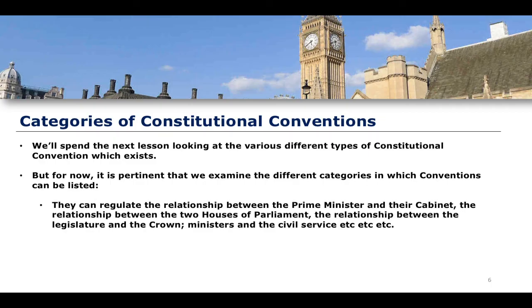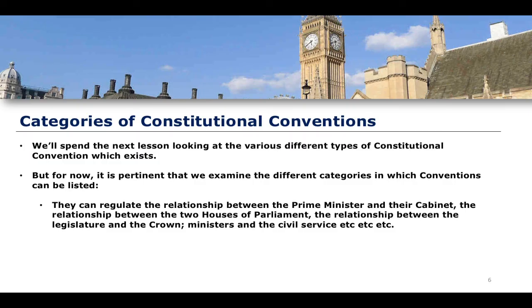We can talk, for example, about conventions which regulate the relationship between the Prime Minister and their cabinet, the two houses of Parliament, the legislature and the Crown, ministers and the civil service, etc. So an example of the first category,